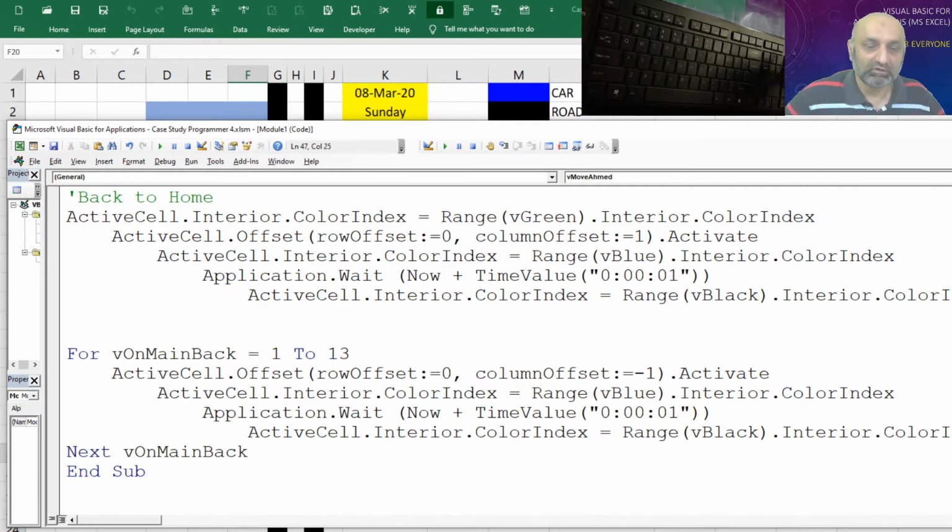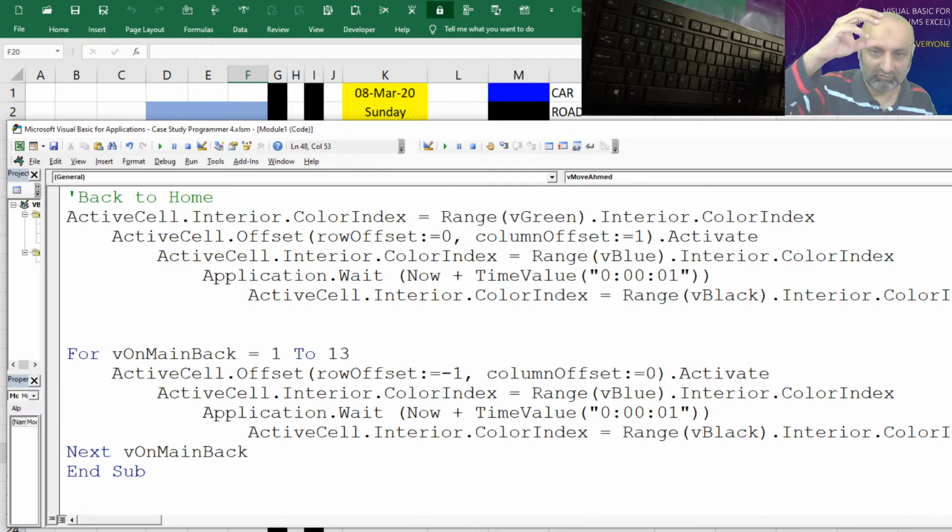Okay, so this time the row should be decreasing. So when we are decreasing the row, it should be -1, and for the column, there is no change, this should be 0. After moving our cursor to the next row on top, the color should turn to blue, then there should be a 1 second wait, and then the road should turn back to black. So let's run it.